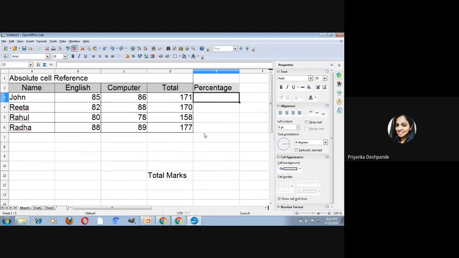That is, we are going to divide achieved marks by total marks into 100, right? So let us use it. Equals to sign total marks. Let me change this now. Marks of 10.